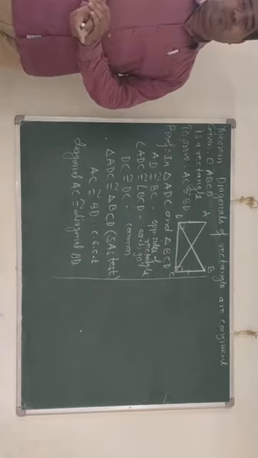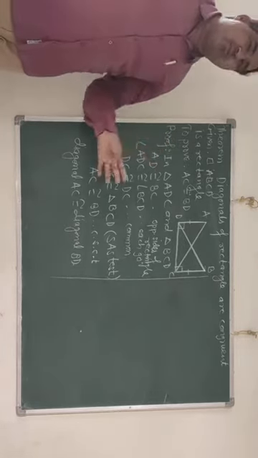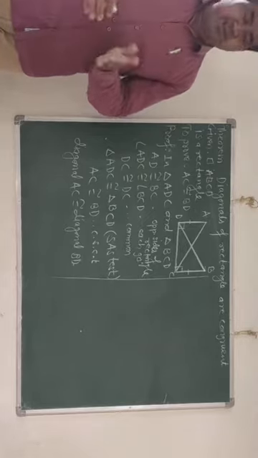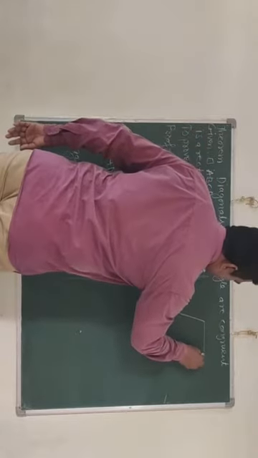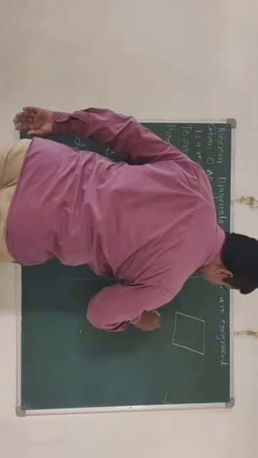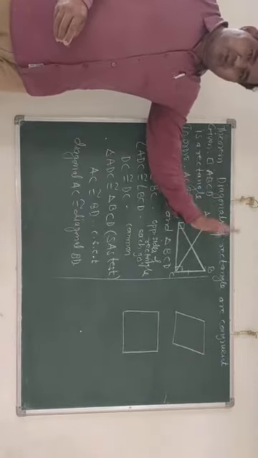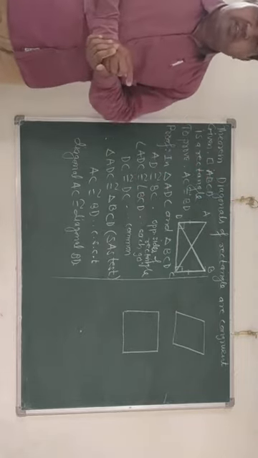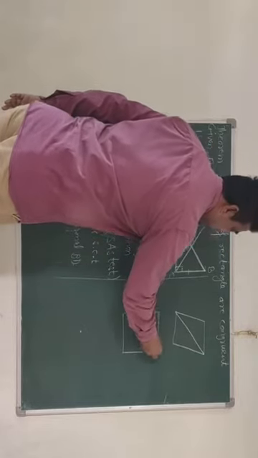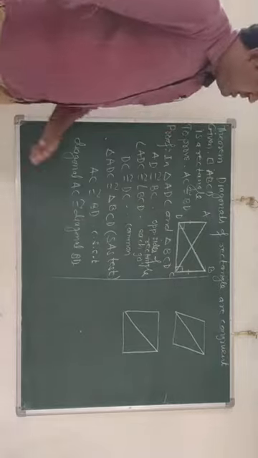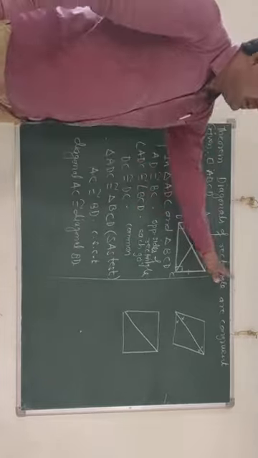Using the same logic, we can prove every property, every theorem for rhombus and square. Again, there are so many further properties if we consider square or rhombus. So you can prove all the properties which we have studied earlier. Along with that, now here, if we draw this diagonal, this diagonal bisects the opposite angle. You can prove this using the same logic.